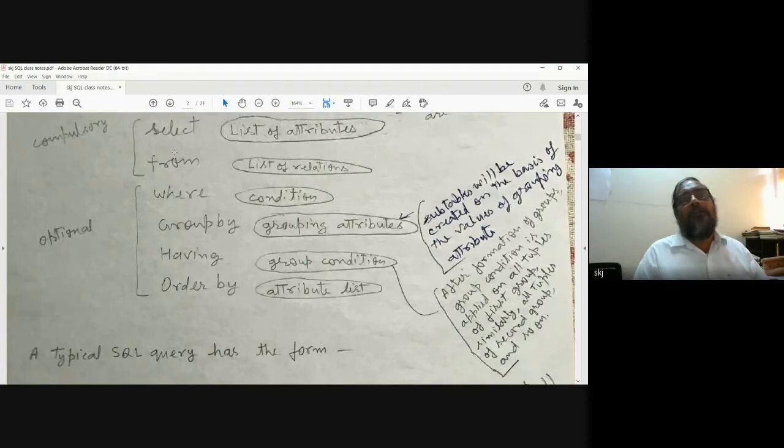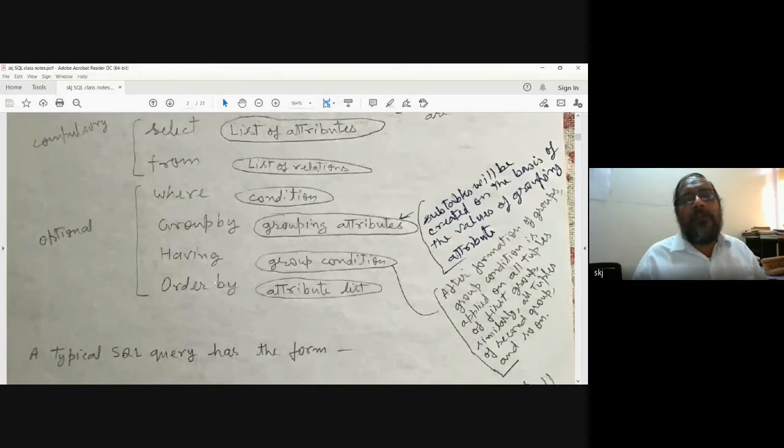Now the from clause: in which tables does our data belong? That means which relations are relevant, where our data is lying. So we write here the names of all those relations or tables, separated by commas. We will see this in the writing of queries. Then in the where clause we write the condition that should be satisfied on these relations to get the result.